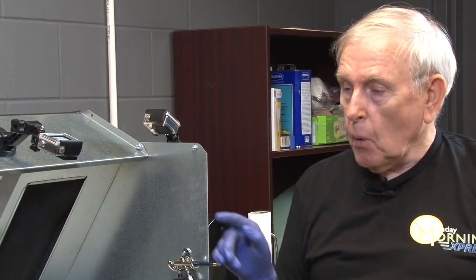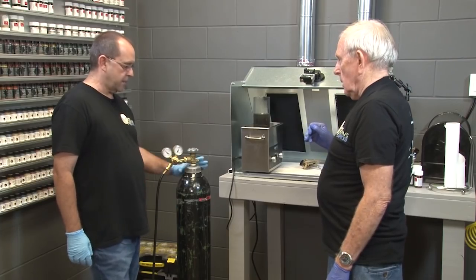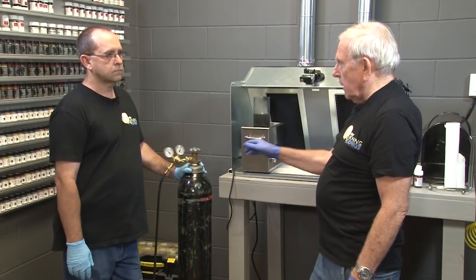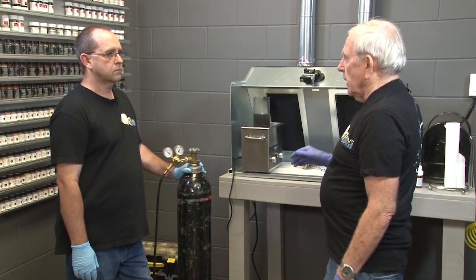Okay. Now, that's why I switched to nitrogen. So that's what we have here, a tank of nitrogen. It costs about $35 to fill that size tank. Right, okay. Now, if you don't have nitrogen,